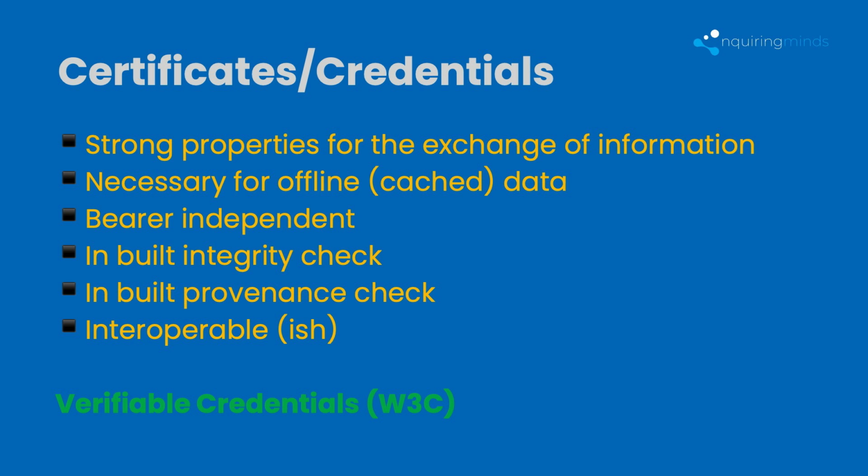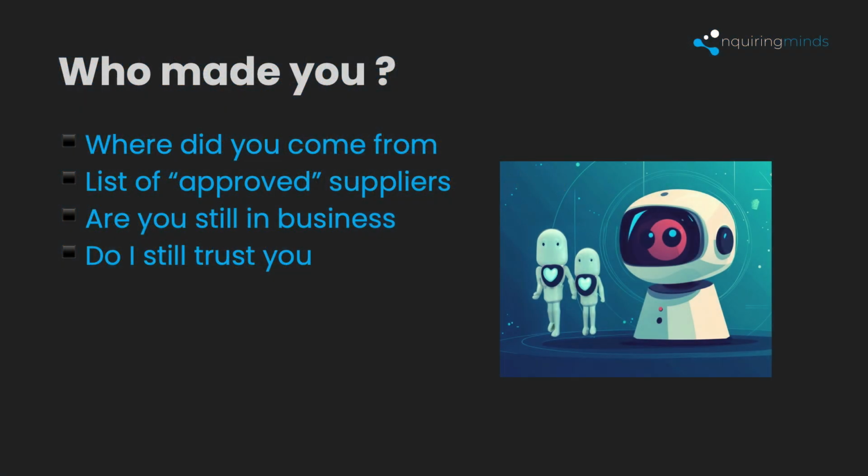So the next key element was, who made you? Where did you come from? What's your parentage? In a lot of enterprise systems or even consumer-based systems, you might well have a list of approved suppliers. But the question is, how can I be really sure you really are that device? And even if we're going to use this as a test, and it is, in the NIST work you'll see that there are very strong methods and protocols for being able to investigate this.